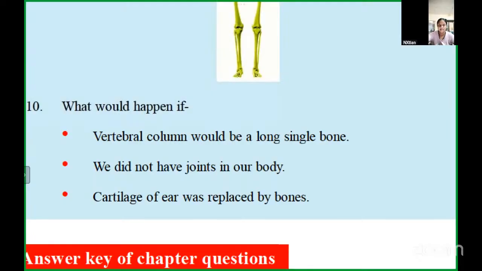Yes. Okay. So the cartilage of the ear, if it was bone, it would feel very strong and hard and rigid. Okay. Now,